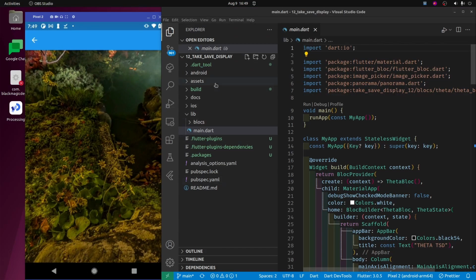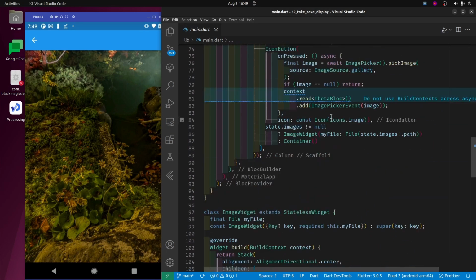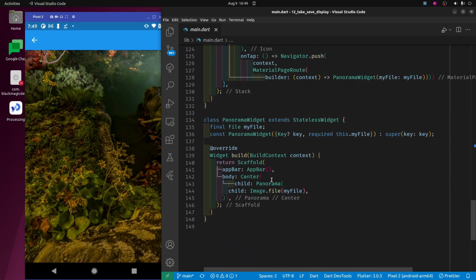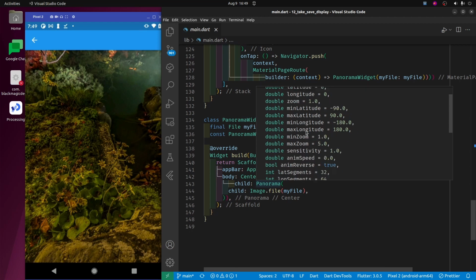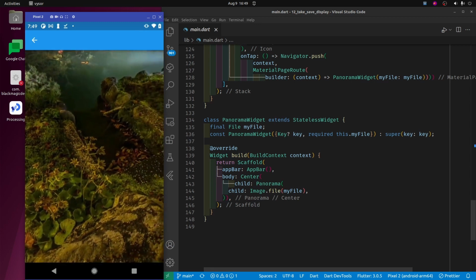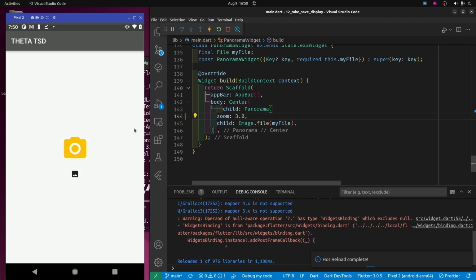I'm in the main.dart file here, and I'm just going to scroll down. There's actually a couple of different classes in the main.dart. The panorama is pretty small. So maybe let's first start off with enabling a default zoom for this one here. Just for illustration, we'll set the default zoom to 3, and then